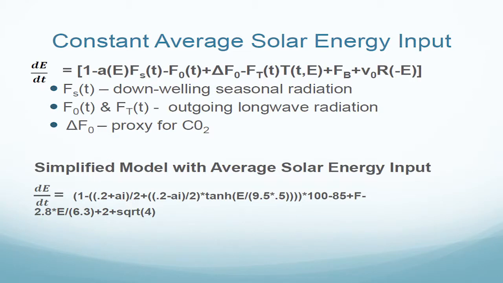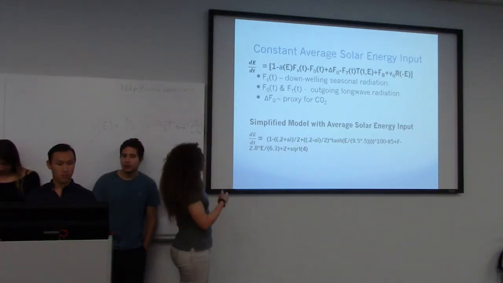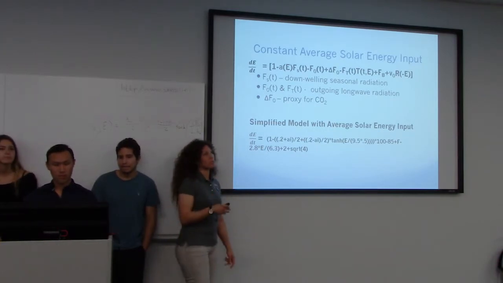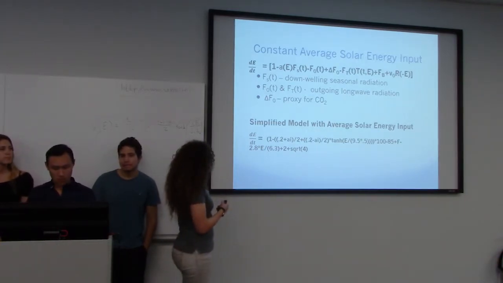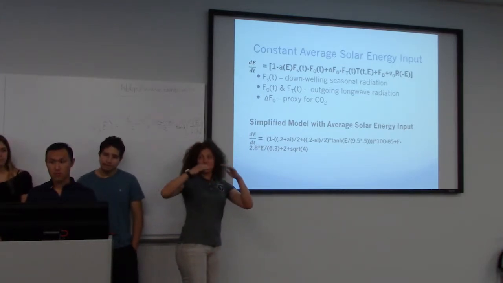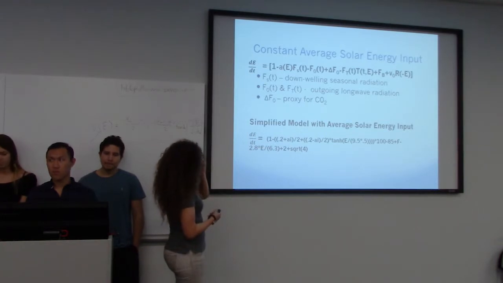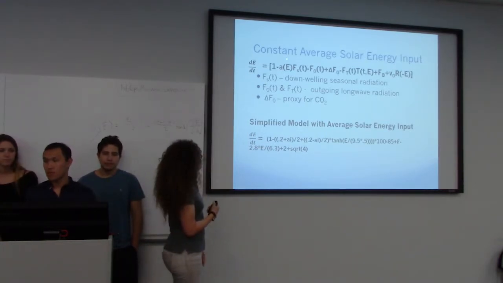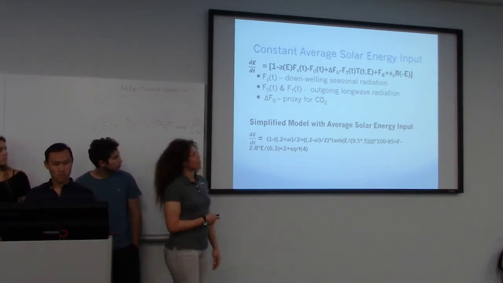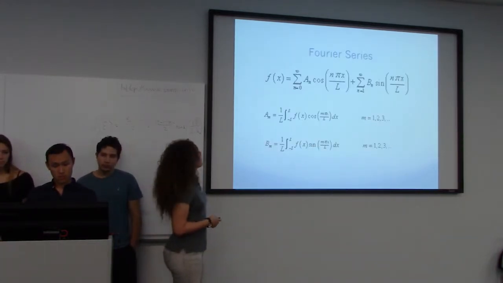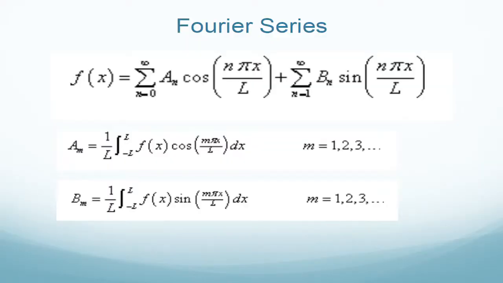Okay, so with the constant average solar energy input, based on this different equation, f of x represents the energy coming from space, from the sun. F of O represents, and f of t represents the energy going to space, and this here represents energy that's staying in the layer of Earth. And what we did was we wanted to have a smoother graph, so we simplified this to this model here. We also have to use the Fourier series, which is this formula here,